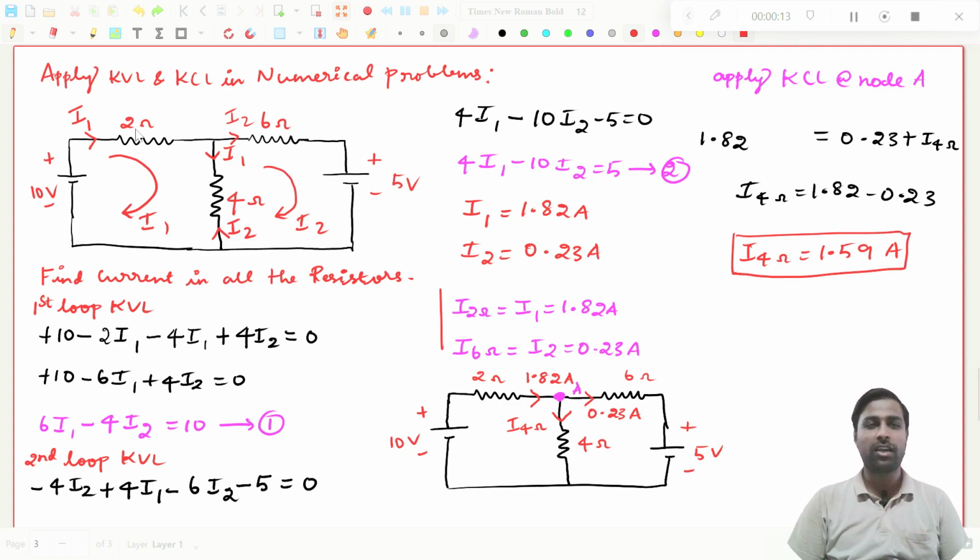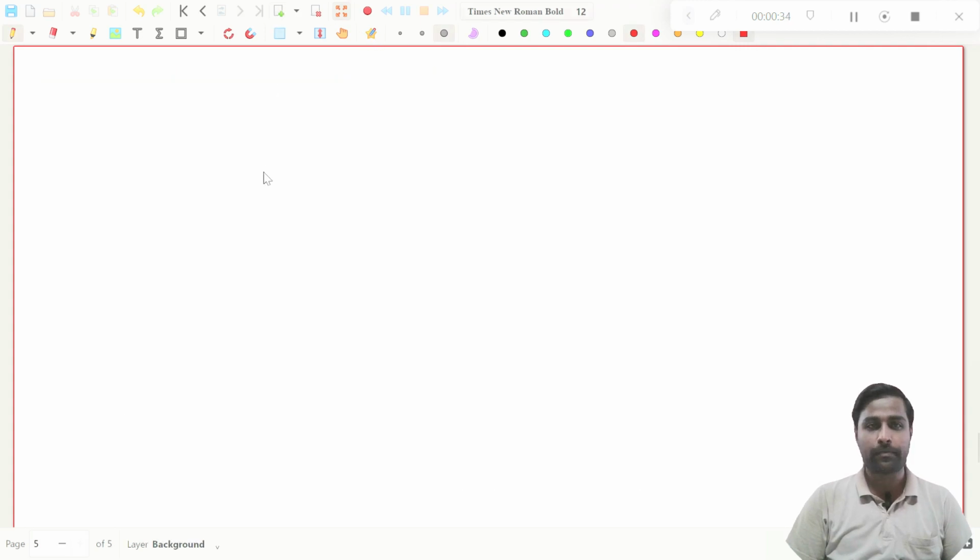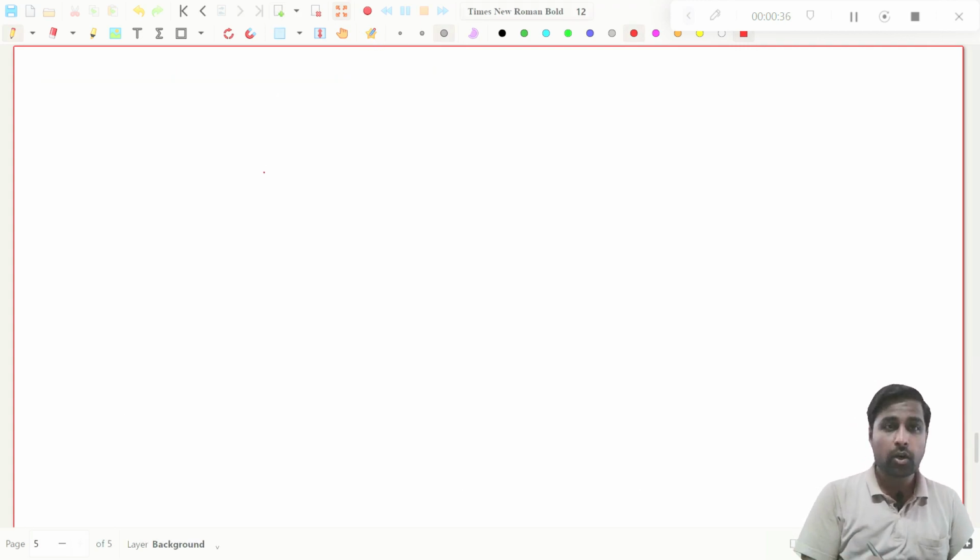Now you see, with the same problem, we have used Kirchhoff's voltage law as well as Kirchhoff's current law. That's all. This is the application of Kirchhoff's voltage law and Kirchhoff's current law, right? Now I have to tell you one thing very clearly. Let us take a new page for that. So that topic will be